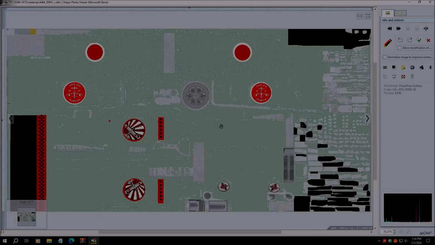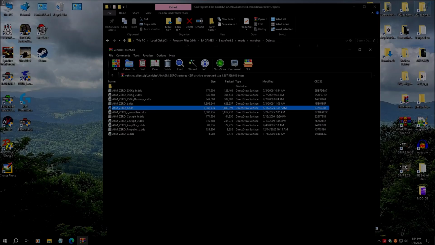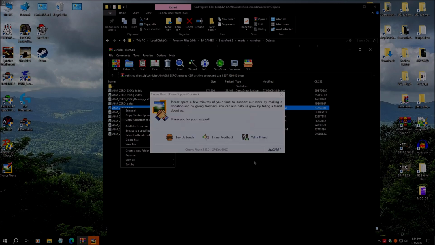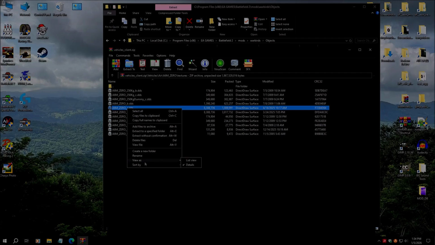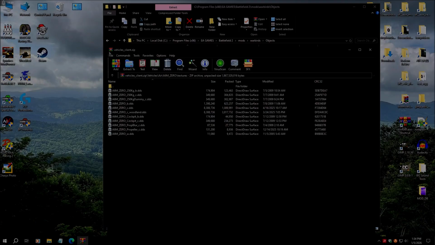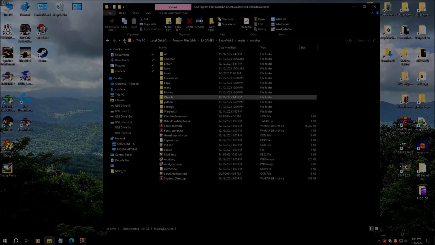Yep, crap. Let me close out of that. I forgot, you gotta right click this. Right click that, and yeah, there should have been an open with. Anyway, we'll get back up here again, under objects,